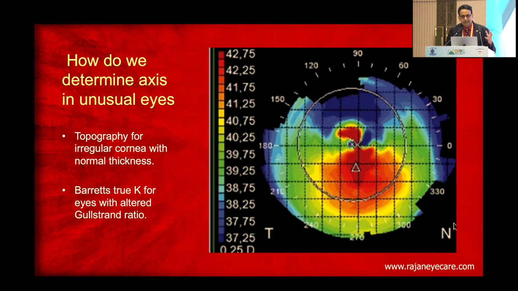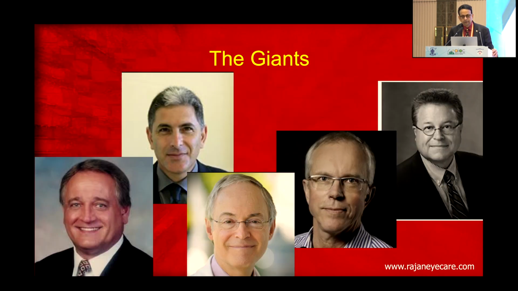How do you determine the axis in unusual eyes? Topography for irregular corneas with normal thickness. Barrett's True K for eyes with altered Gould-Strand ratio. Altered Gould-Strand ratio means there is a difference between the anterior curvature and the posterior curvature of the cornea, as for example keratoconus, post-LASIK, post-RK. So all these patients can have this altered Gould-Strand ratio, and you need to go for